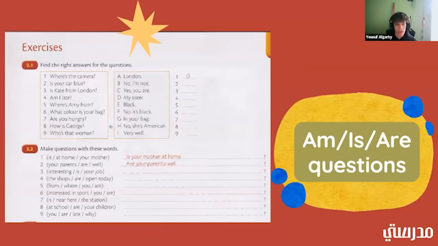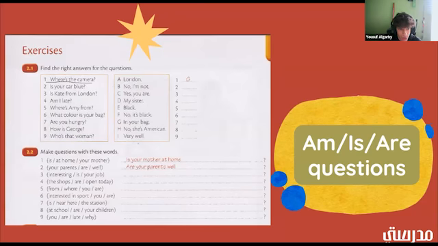Now we have exercises. So here, what we want to do is we want to match. Okay. So we read the first sentence. Where's the camera? And then we match it with whichever one it goes with. This one would be G, because that's the example they give us. So where's the camera? In your bag. Okay. So number 2, is your car blue? Which letter would we match it with? F, good. Is your car blue? No, it's black. All right. So let's write an F here.